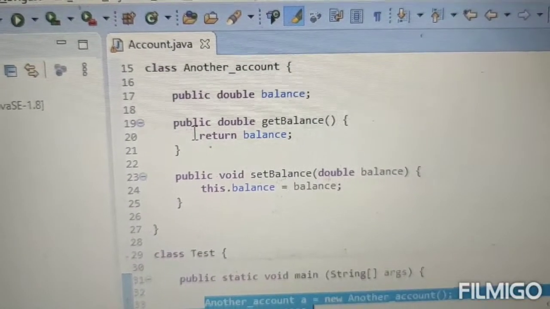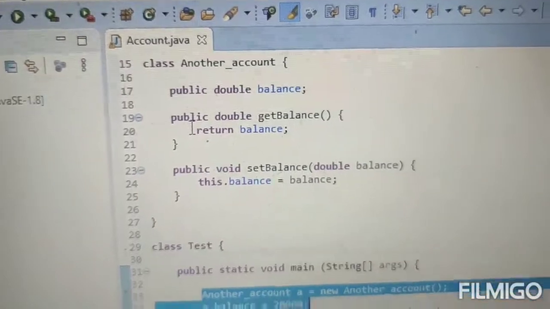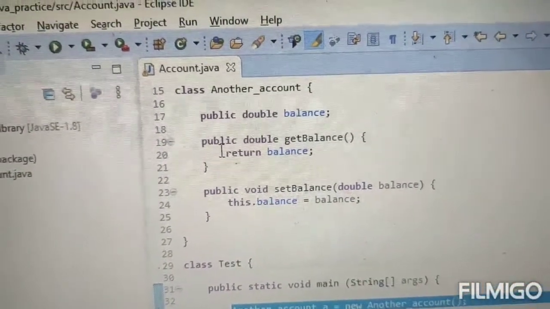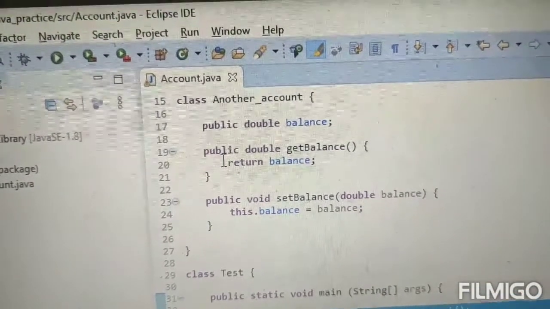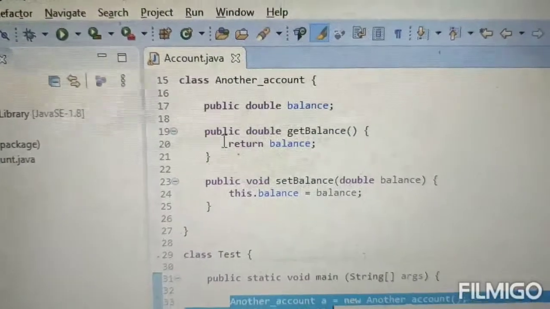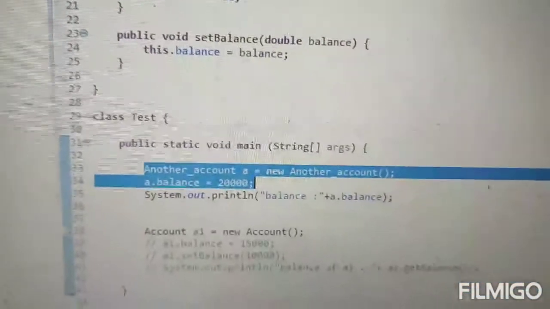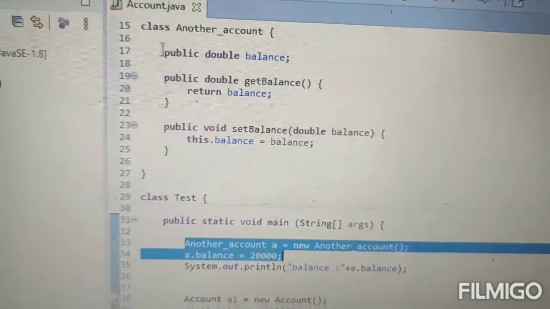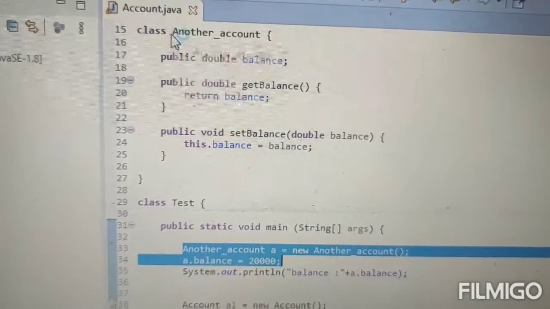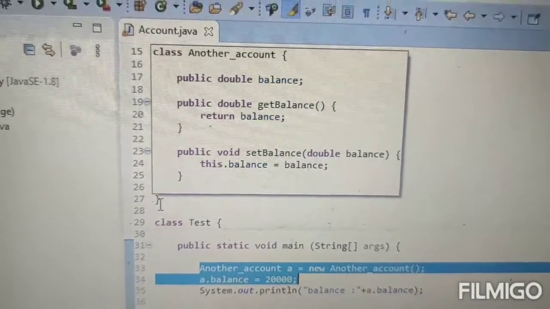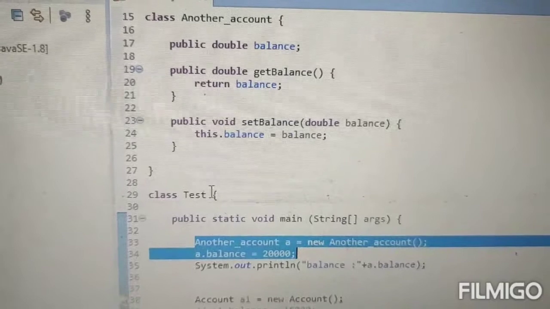One thing you need to understand: if you are not declaring your data member as private, you are not achieving security. You are not taking care of the security of your data. As you see here, this AnotherAccount class ends at this curly brace, and after that I started a class Test.